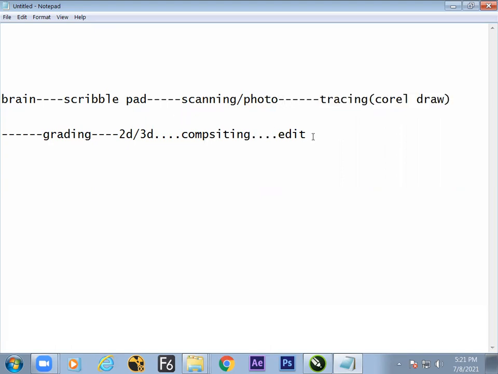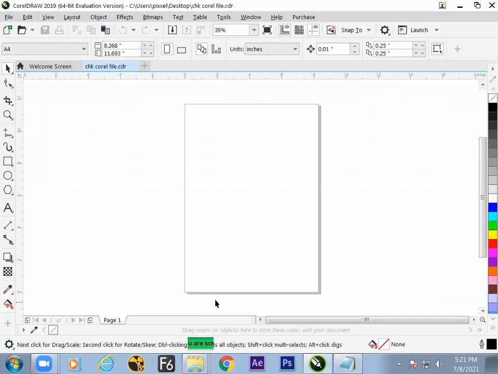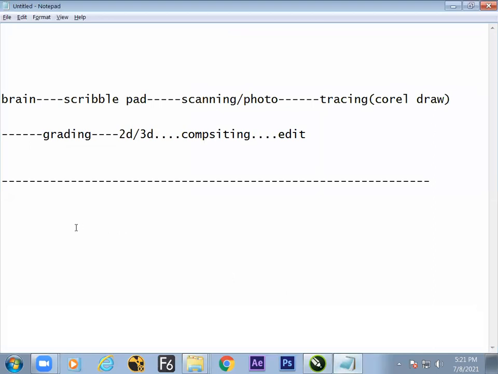Fine then. Let's move into the software because we need to switch to it. As we came to know in the last session, we'll be dealing with a lot of shapes, like 2D shapes, open and closed shapes. We'll start with the first shape, and the first tool in CorelDRAW is the freehand tool. Note it down: the first tool in CorelDRAW, freehand tool, keyboard shortcut F5.